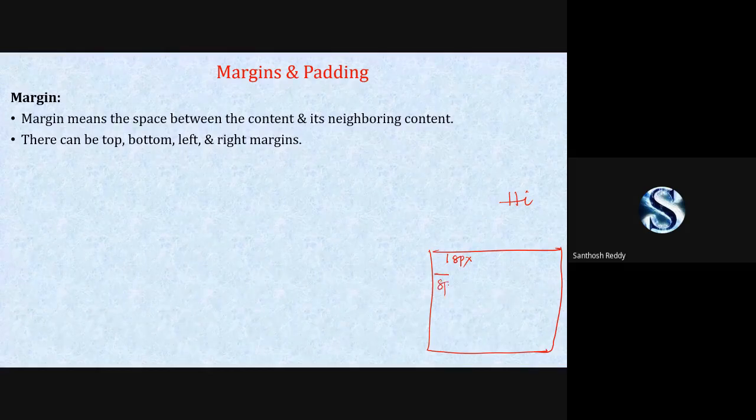So they are specifying the sides: top, bottom, left, right margins. Margin is just a space between your contents.